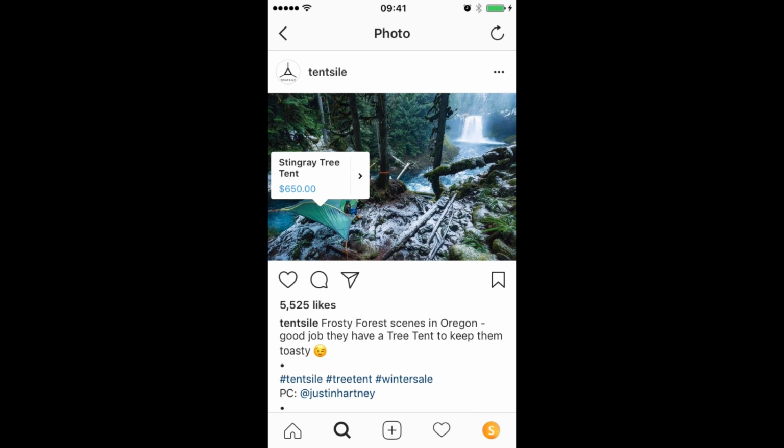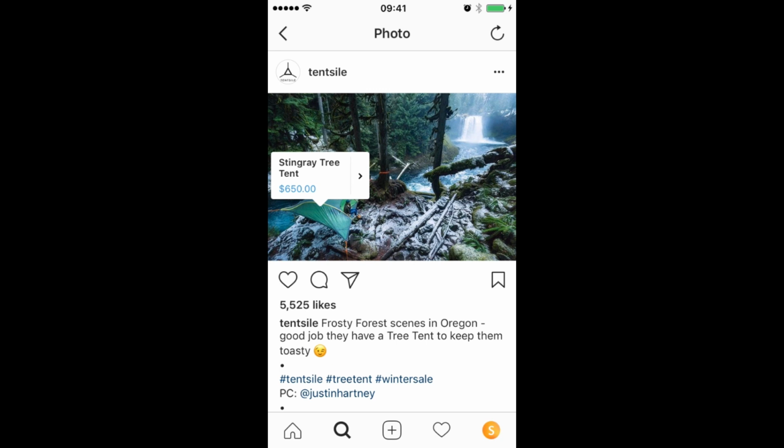Now, I have to say that this feature, shopping on Instagram, right now at the time of recording this video is restricted to certain verticals for US businesses only. But I have done the research and the early trials have been extremely successful. So there's no doubt in my mind that this feature will be rolled out globally across every single vertical. So what does that mean for you? It means